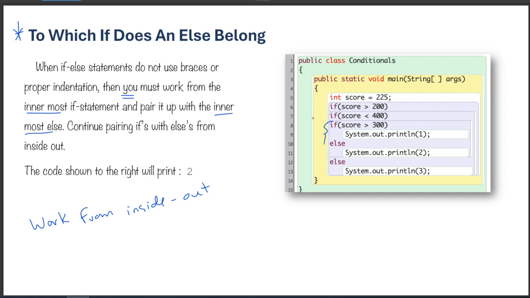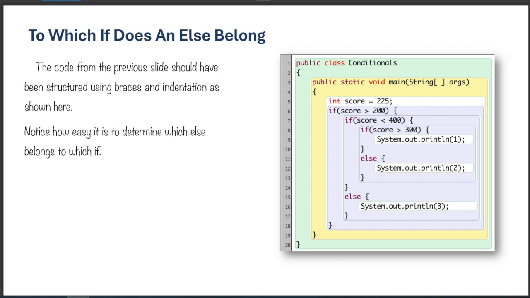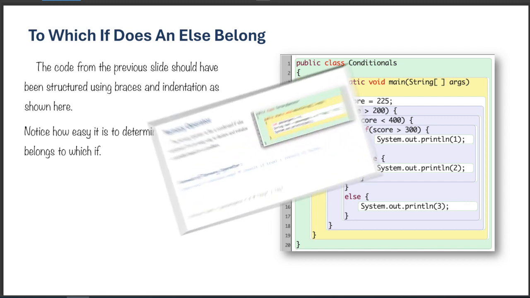So we see that these two are paired up. This if belongs to this else, and then next this if gets paired with this else, and we keep working our way out, and that is how it is done. We can see that if we restructure the code, this is what it would look like. When we have well-structured code with braces, it becomes much easier to evaluate the nested if-else statements. So it is up to you as a test taker to restructure the code or to make the proper links between the ifs and the else so you can evaluate it correctly.